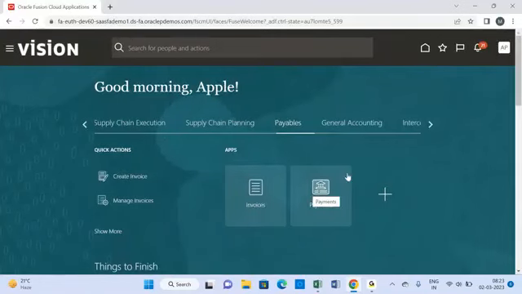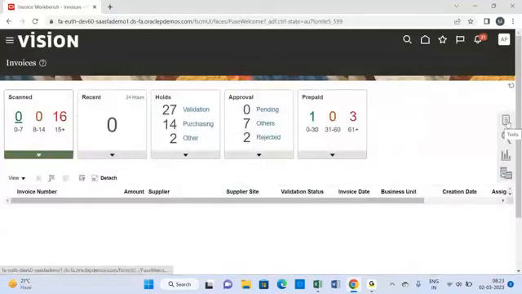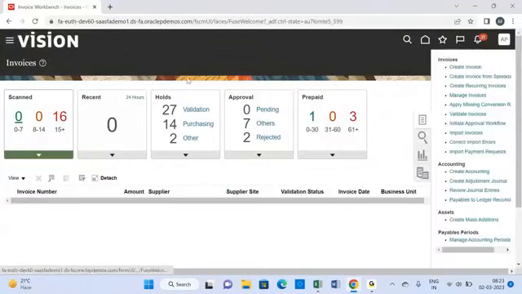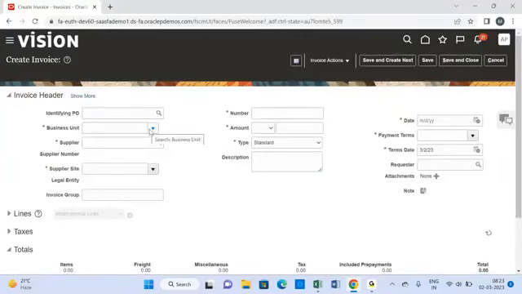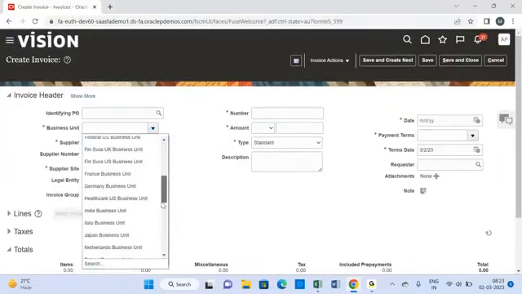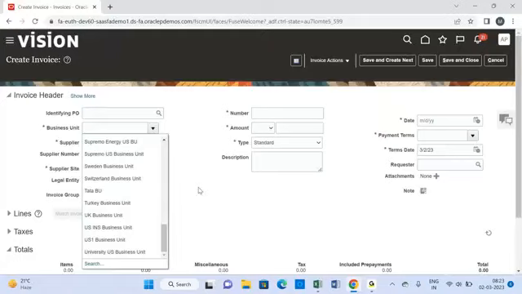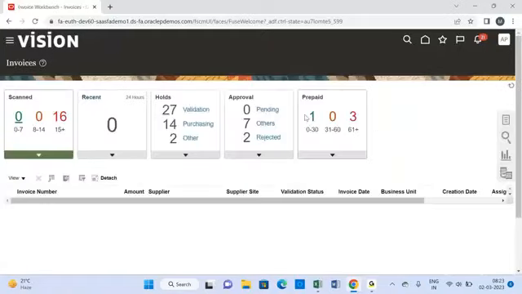So can anyone answer why? How come this list of values we have discussed, how come these business units are getting displayed here? Okay, so